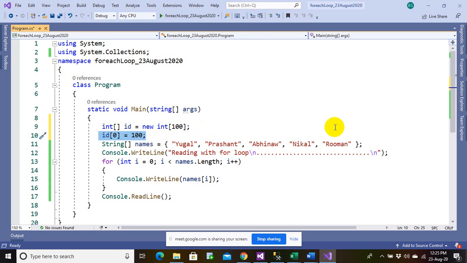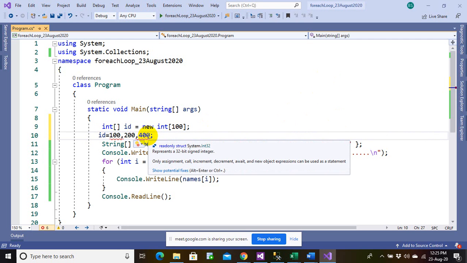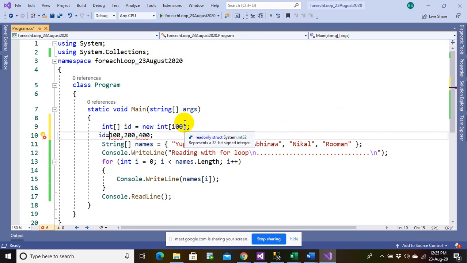So let me try one thing, everyone. id equals to, I don't know if this would be the one to create value. This is the way I can do. No, this is not the way. But if I try to come on here, so this also does not work as well.